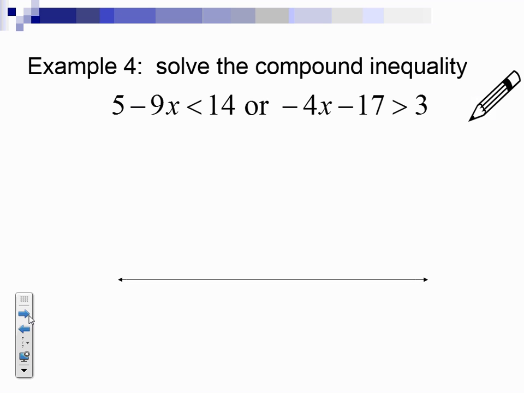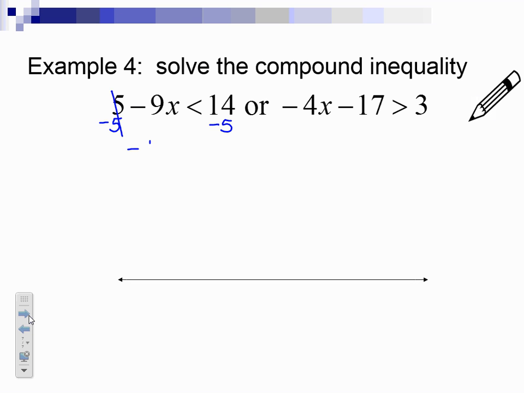Sometimes your compound inequalities have the word "or" in between them. And like I said before, that does not mean that you want to solve your favorite. Okay, this is not a do this one or this one. It means they both play a part in that solution. So we need to actually solve both of them. But they don't really have anything in common, so we're not looking at them in the same way as that other compound inequality. We actually have to do both problems. So I'm going to solve